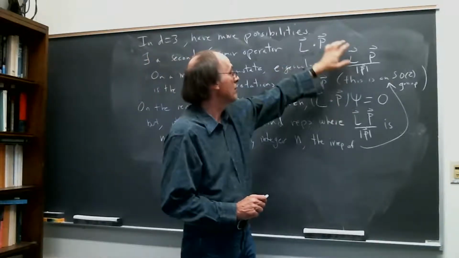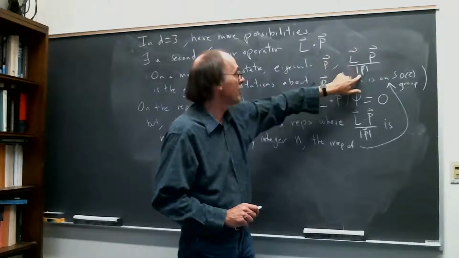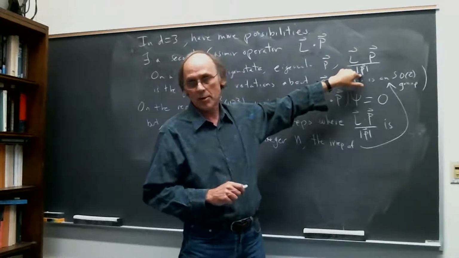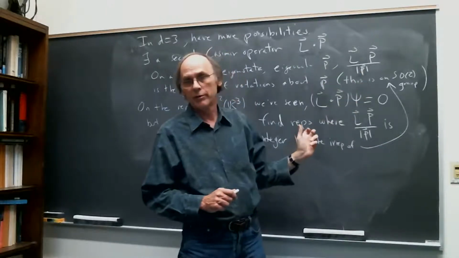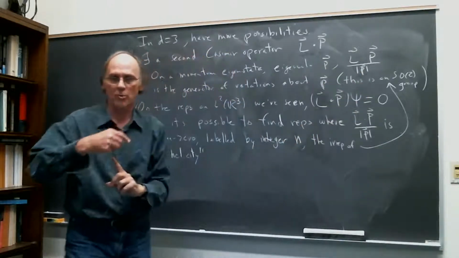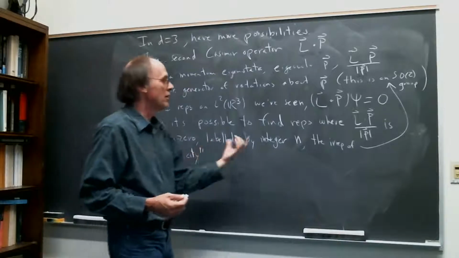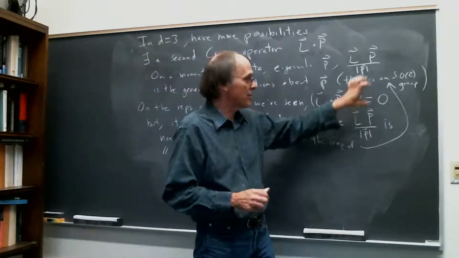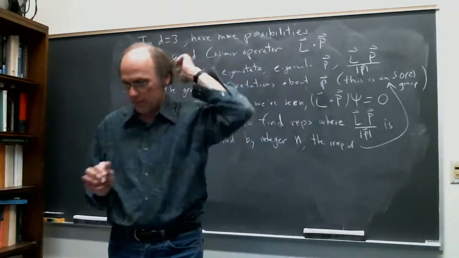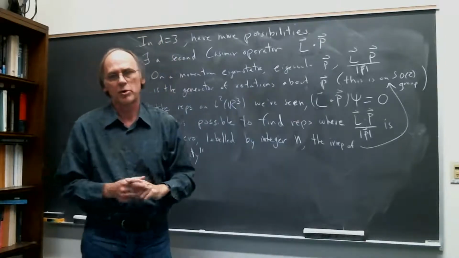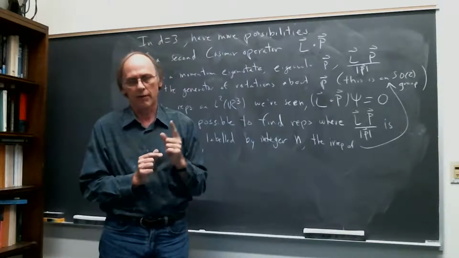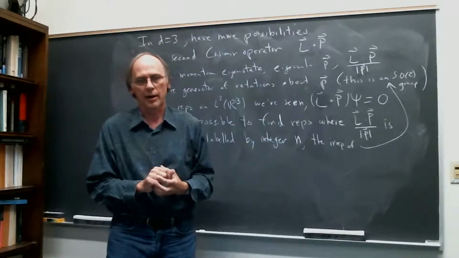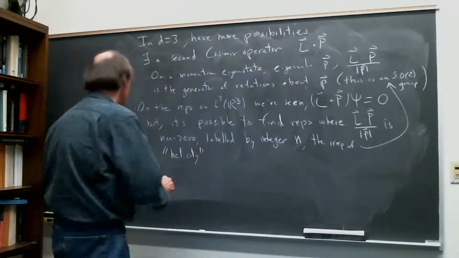By this argument we expect that this operator divided by the square root of p squared should act as some kind of integer, and it's going to have the physical interpretation of telling you that there's something non-trivial happening for these representations when you rotate around the axis given by a fixed momentum eigenstate. And now, to get these,